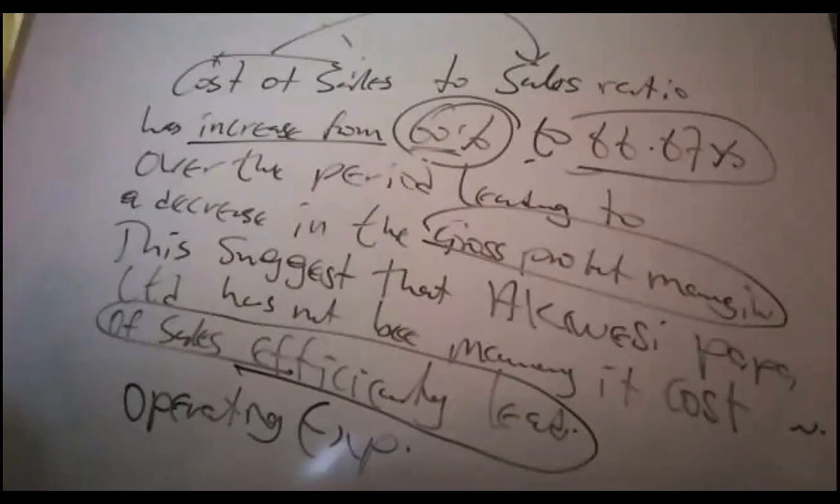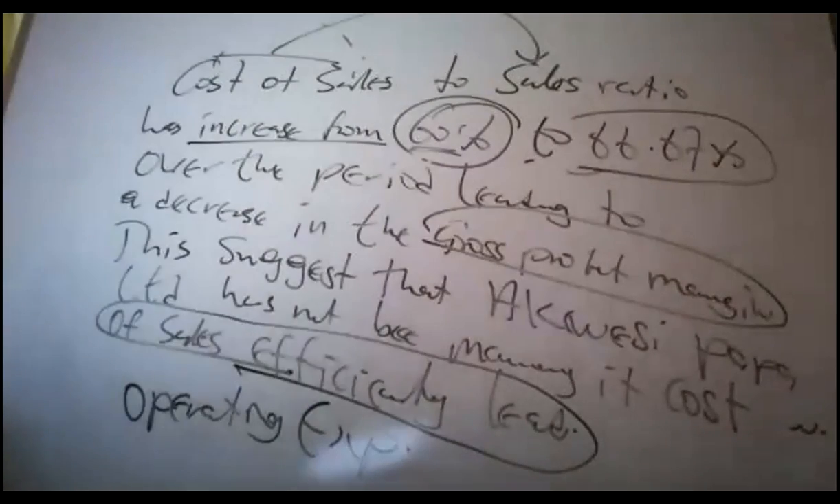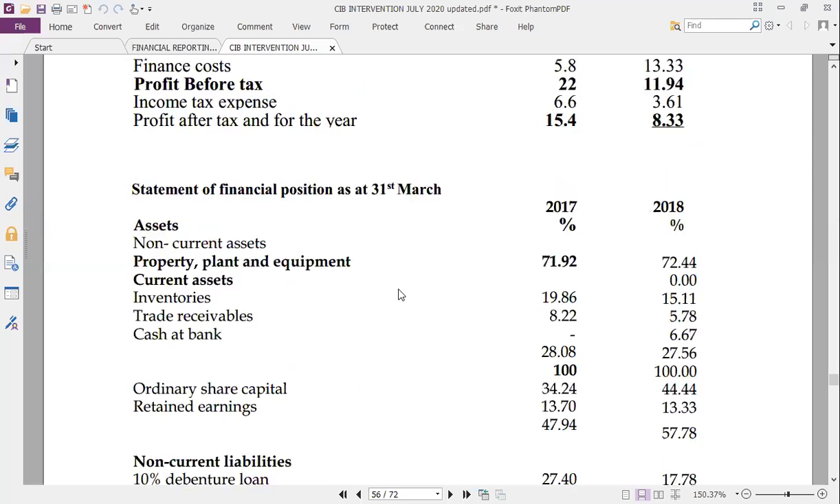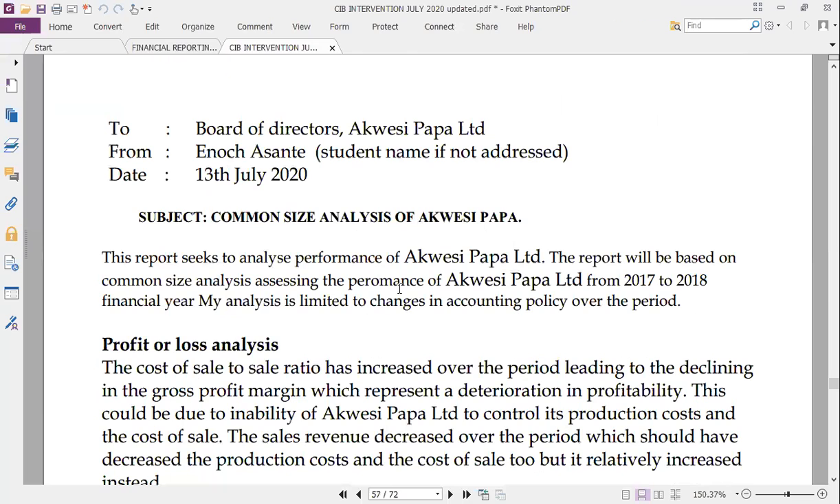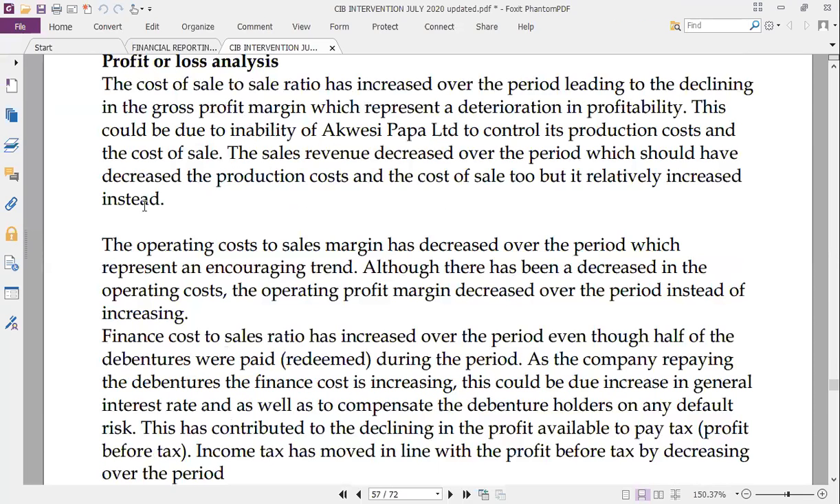I can audit this write-up, the report that we wrote. So look at how we started. Cost of sales to sales ratio has increased over the period, leading to a decline in the gross profit margin, which represents a deterioration in profitability. This could be due to the inability of Akwesi Papa Limited to control its production cost and the cost of sales as well. The sales revenue decreased over the period,